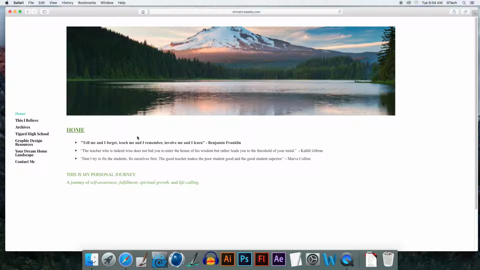This is what we're going to be using when we work on our projects that I've been informing you all about in terms of my EdTPA. But I'm just going to give a brief overview of this website. Here we have my home page, and if you hover over these links, the pages on the left, you can see that there's more options that come out from the side, just so you're aware of that.